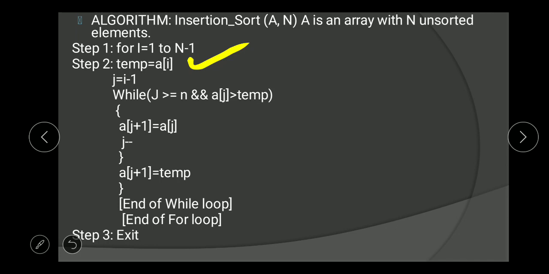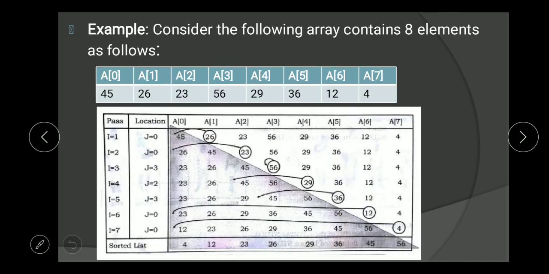So next we have two conditions. While j is greater than or equal to 0 and A of j is greater than temp, then only we enter this loop. When these two conditions are true, then only we enter this loop.